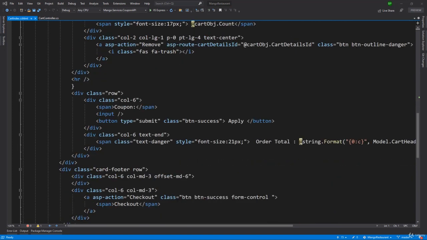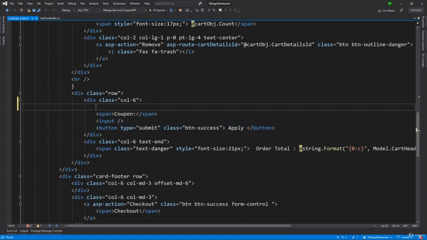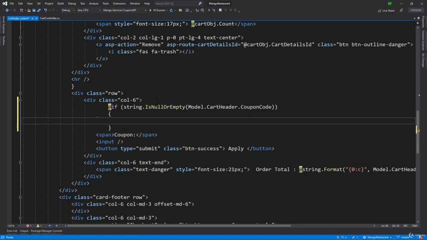We already have an apply coupon button that we did not configure in the earlier videos. Here we want to make sure that if a coupon code is applied, then we display a button to remove the coupon code, and if it is not there, then we'll display the apply button. So this button that we have should be visible if the coupon code is empty. So we'll add the if condition and we'll say string.IsNullOrEmpty, if Model.CartHeader.CouponCode is empty,